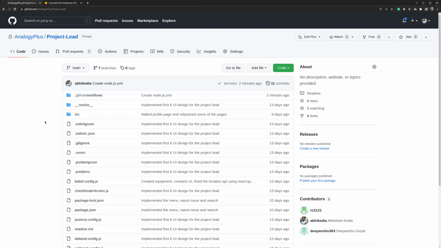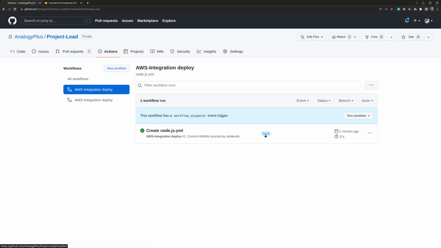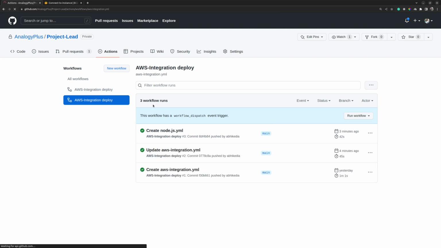Now if we want to verify our changes, we can go to the Actions tab, and here we can see the two workflow files that we have. By mistake I forgot to update the name. If you click on the first one, you can see it uses the test branch which was recently added, and the other one still uses the main branch. Now if we click on settings